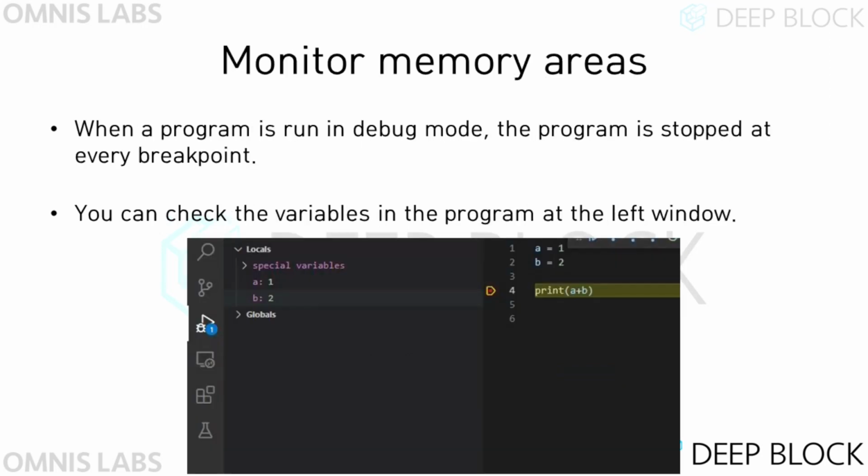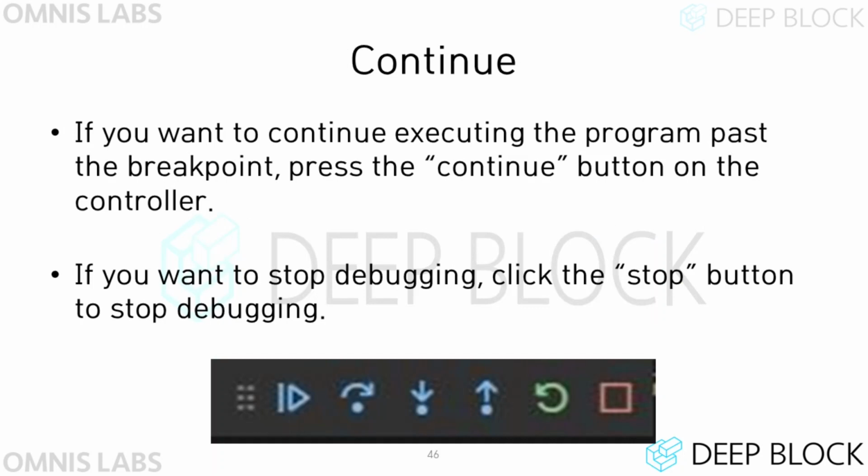When you start debugging, the program runs. Python Debug Console is activated in the terminal window of VS Code, and the program proceeds. When the program reaches a breakpoint, the program stops, and we can check the variables existing in the program at the breakpoint line. These variables can be checked in the Run and Debug window on the left. To continue executing the code, click the Continue button. If you want to stop debugging and end the debugger, just click the Stop button.